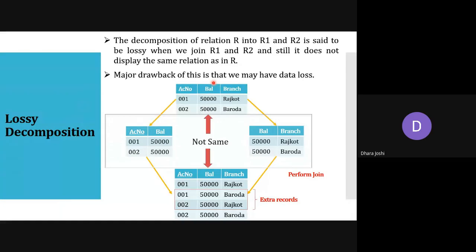For account number 001, the branch showing here is Baroda, but in the original table, for account number 001, the branch should be Rajkot. And for account number 002, the branch showing here is Rajkot, but the correct data is Baroda. So the part highlighted with the red marker is an extra record which is not useful. Due to that, the table before decomposition and the table after joining are two different tables.